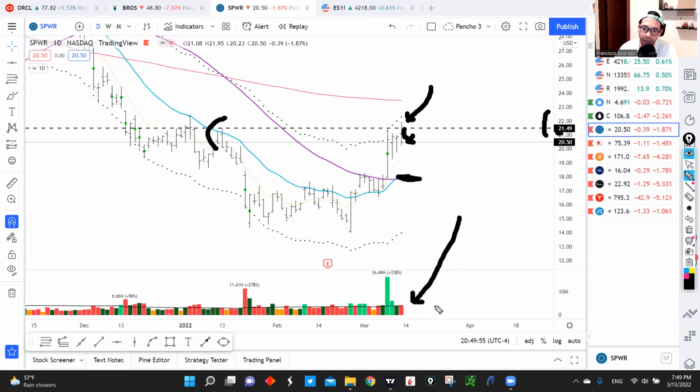As you can see, we have increasing selling volume, and I think there's a high probability that SPWR is going to retest this 50 daily moving average at some point, and perhaps it's going to bust it and continue to move lower. It's kind of an easy setup, right? You're basically looking to risk this in order to make this, so it's somewhere around a 3-to-1 risk reward in the name.